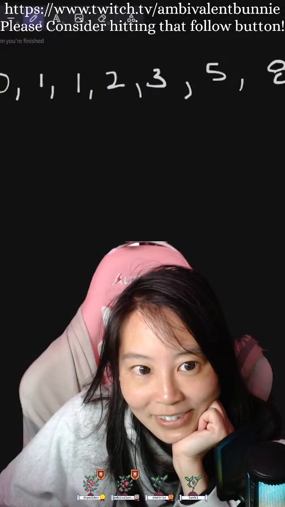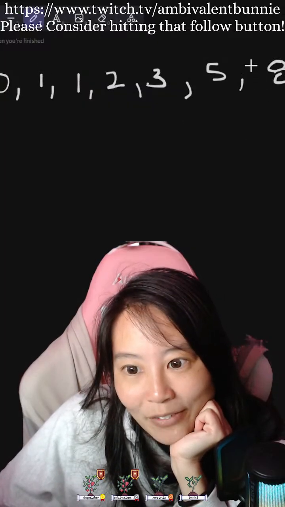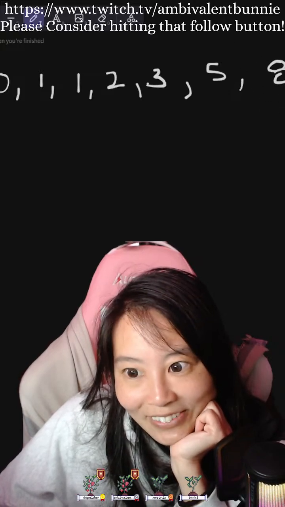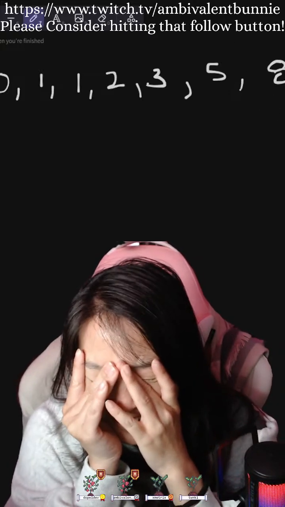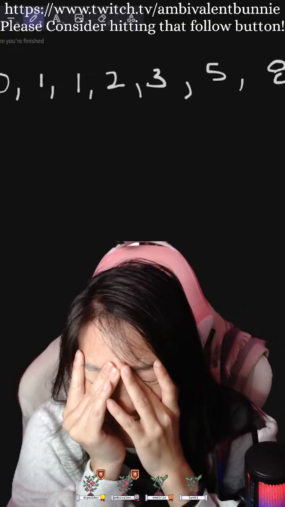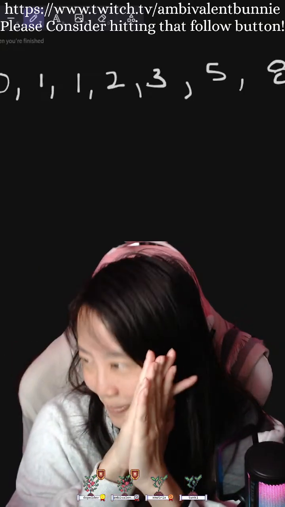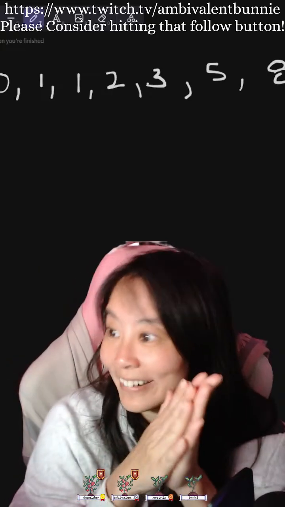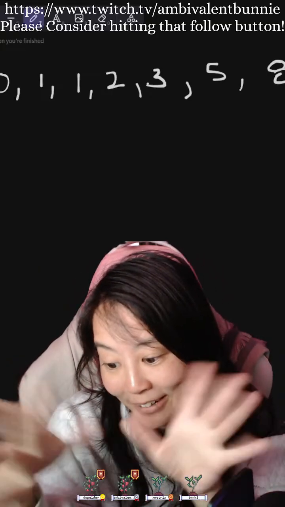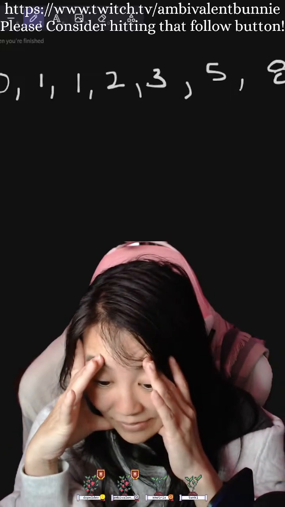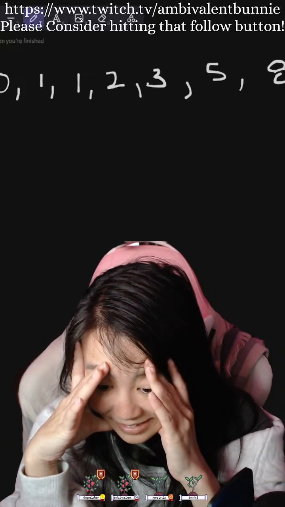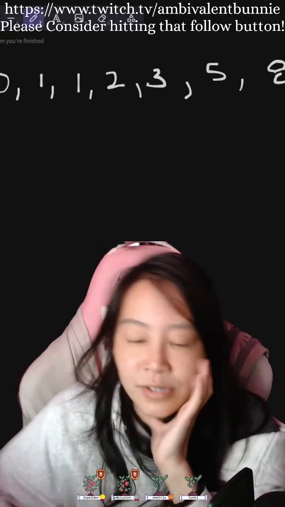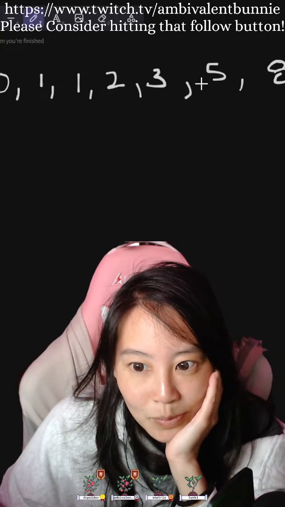I'm gonna close this because I keep... Okay, what if I have 1, 2, 3, 4, 5, 6, 7, right? How will I know? I know the pattern going forwards, but I need to figure out the pattern going backwards. So this is 7.